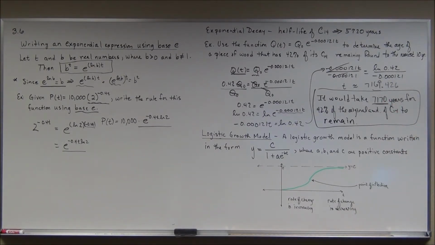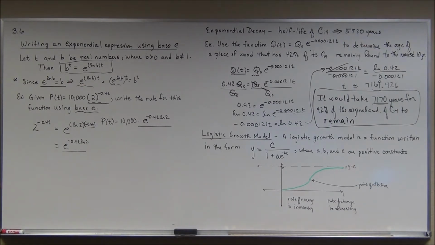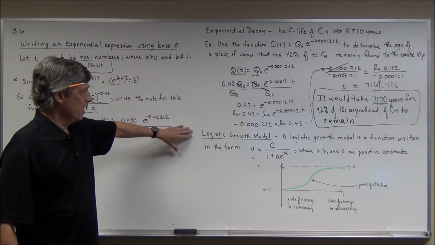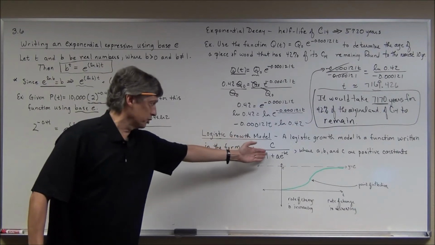Now, exponential growth and decay, there are numerous applications, but half-lives involving radioactive material, you're going to see this not only in this textbook, but as I mentioned before, you're definitely going to see this type of problem in calculus. Speaking of a type of problem in calculus, there's the logistic growth model. Now, the logistic growth model pretty much shows up in a simpler sense in Calc AB, but definitely in Calc BC. And it's just a different kind of growth model involving an exponential expression, as you can see here